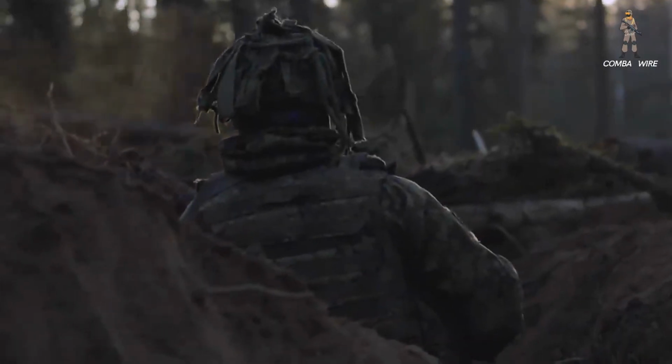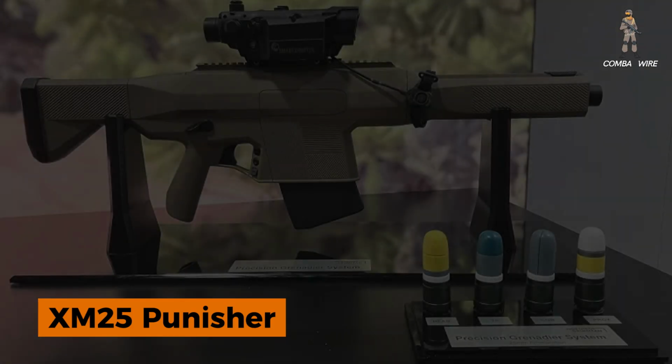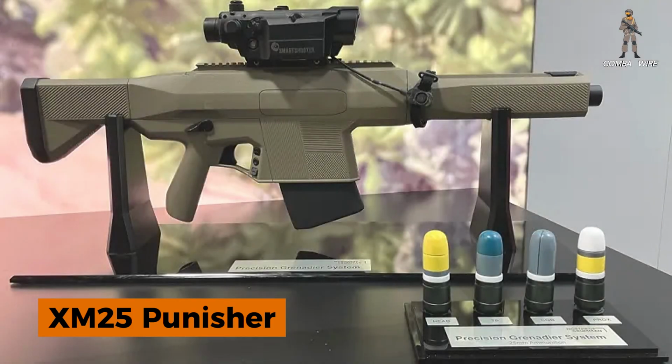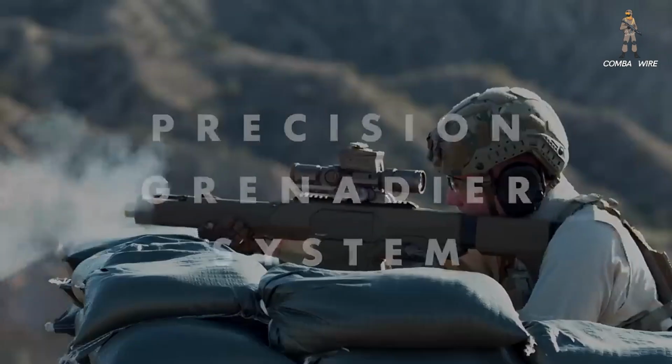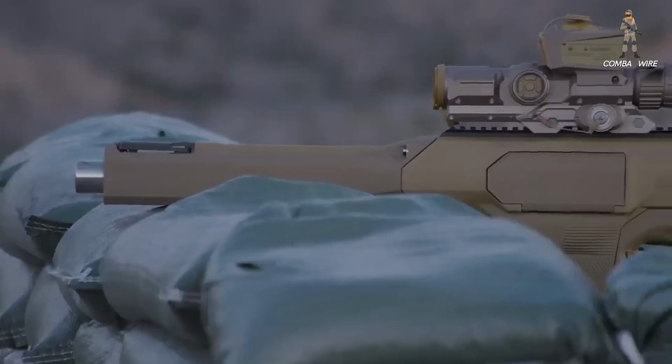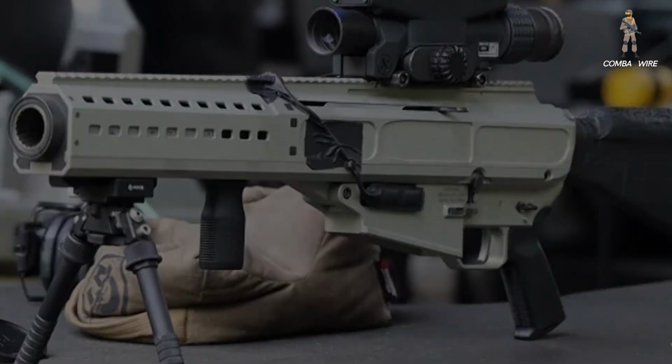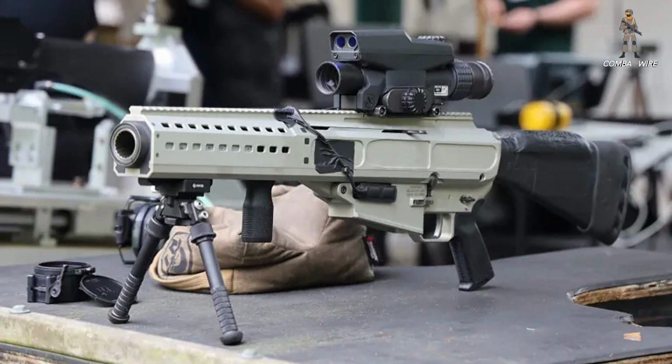This is the U.S. new Northrop-Colt 25mm grenade launcher, a leaner, smarter follow-up to the ill-fated XM25 Punisher, and it may finally deliver the counter-defilade capabilities soldiers have wanted for 2 decades. This weapon keeps the programmable 25mm airburst concept, shaves weight and complexity, adds new rounds for counter-UAS and close-quarters work,